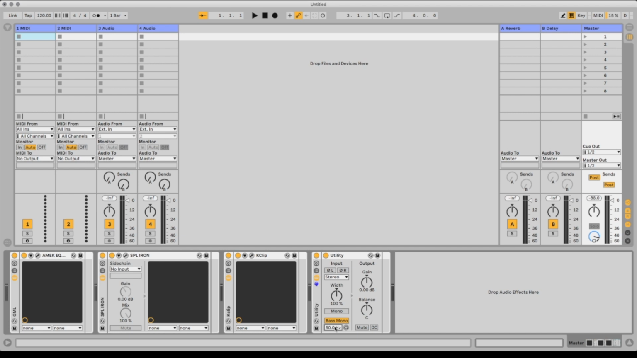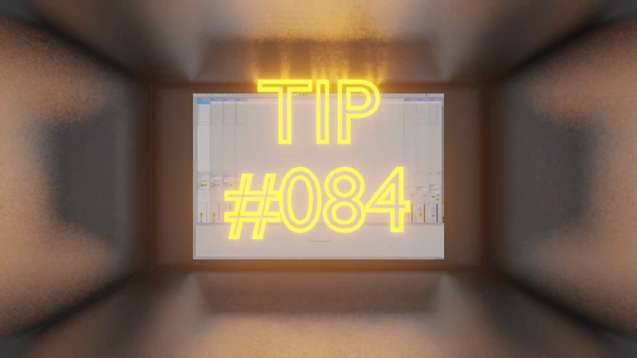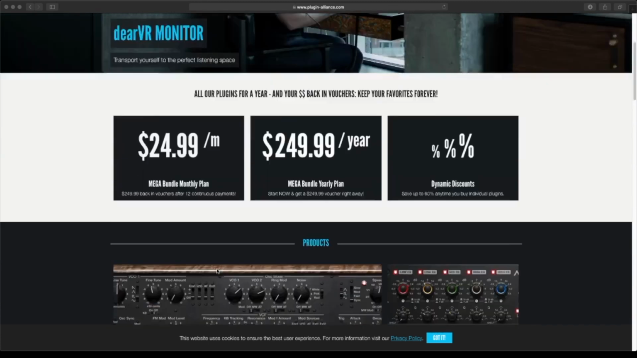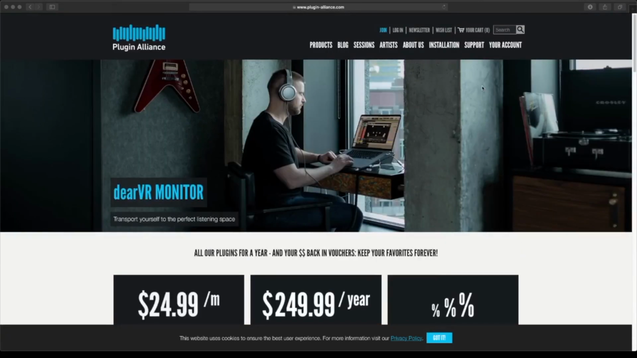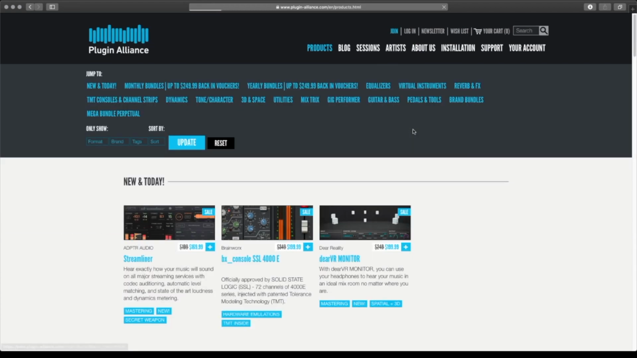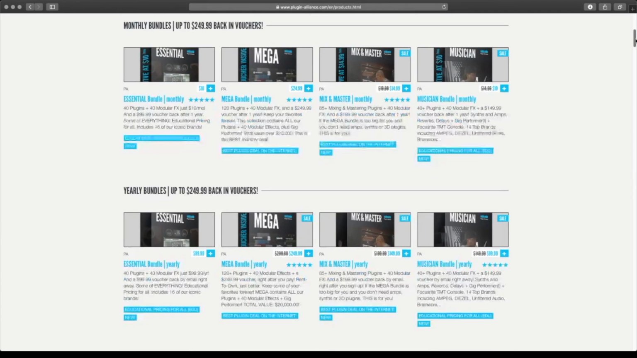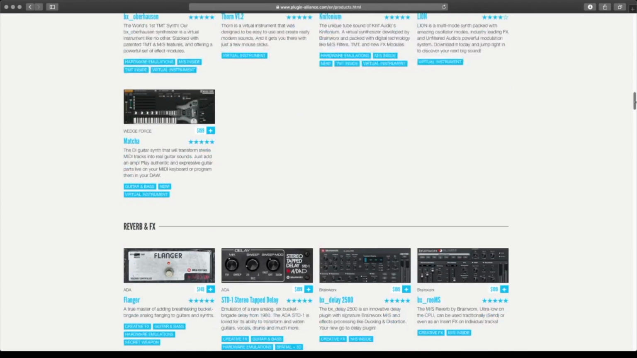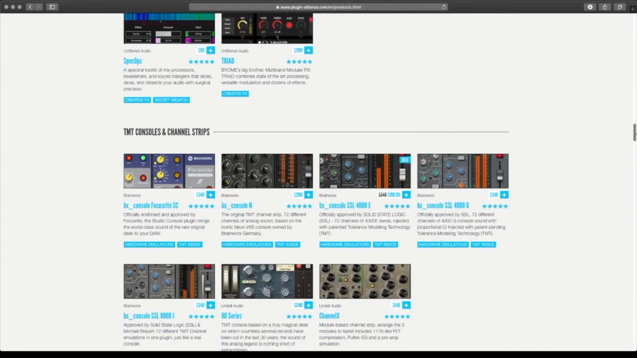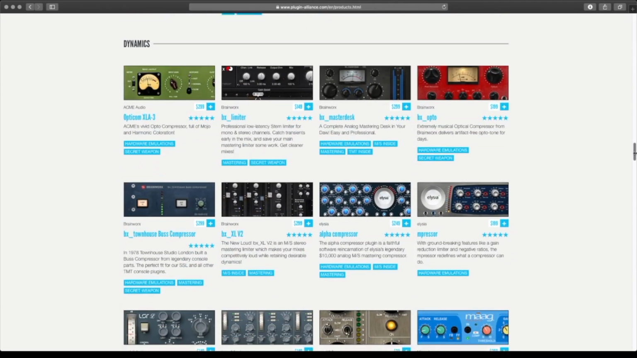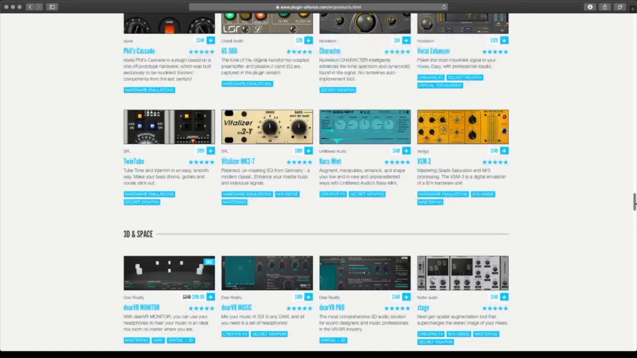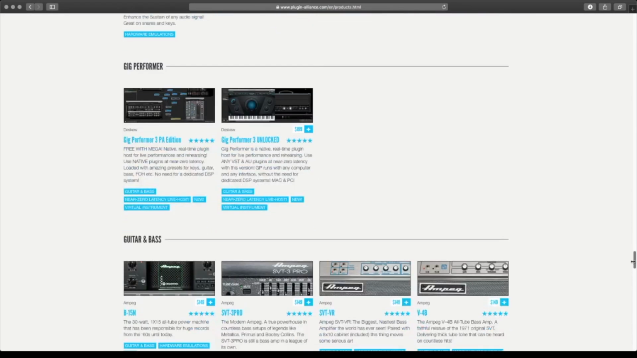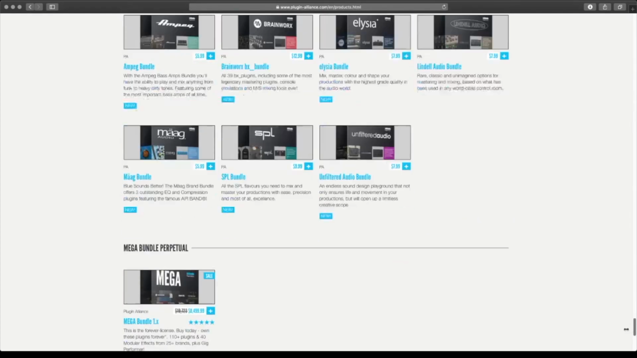And that is awesome. On to the next one. Number 84. There's a suite of plugins called Plugin Alliance, which is £24 a month, and you get a literal ton of plugins that come with this bundle. There is all kinds of stuff: equalizers, a ton of equalizers, virtual instruments, reverbs, effects, console emulation, dynamics as in compressors, tone and character, 3D space, utilities, mix tricks, all sorts of stuff, gig performance stuff, guitar and bass amp stuff,